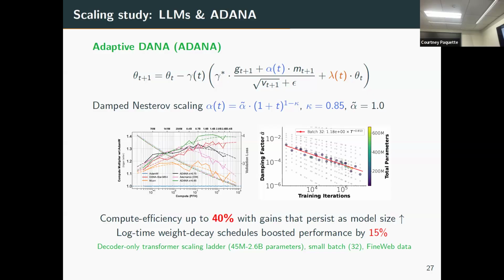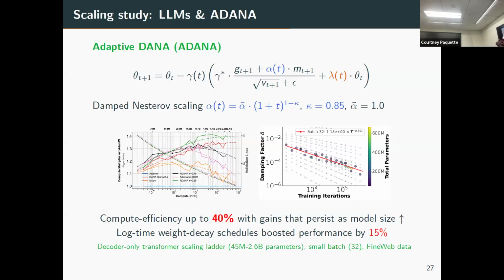So as you scale it, it gets better. Muon has a problem, but Muon has a problem because of batch. Batch is relatively small here. The other thing you can try is to think of this as being fixed, and run longer in time, run longer in scale, and then try to find the best constant. If you do that and then try to fit a line, you actually recover this formula, 1 plus t to the 1 minus kappa, weirdly enough. So it's kind of crazy.